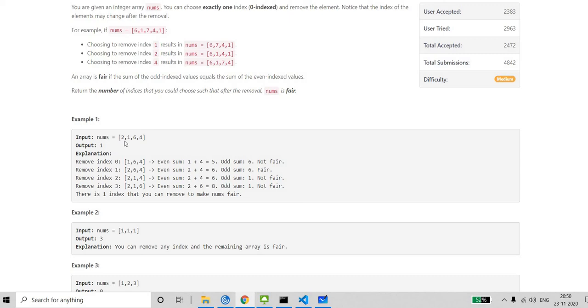So what I have to do is store the sum of even and sum of odd places elements somewhere else, and after that I can reuse that prefix or postfix sum to find the solution. So in this case, what I can do is first compute the prefix sum at even places and prefix sum at odd places,